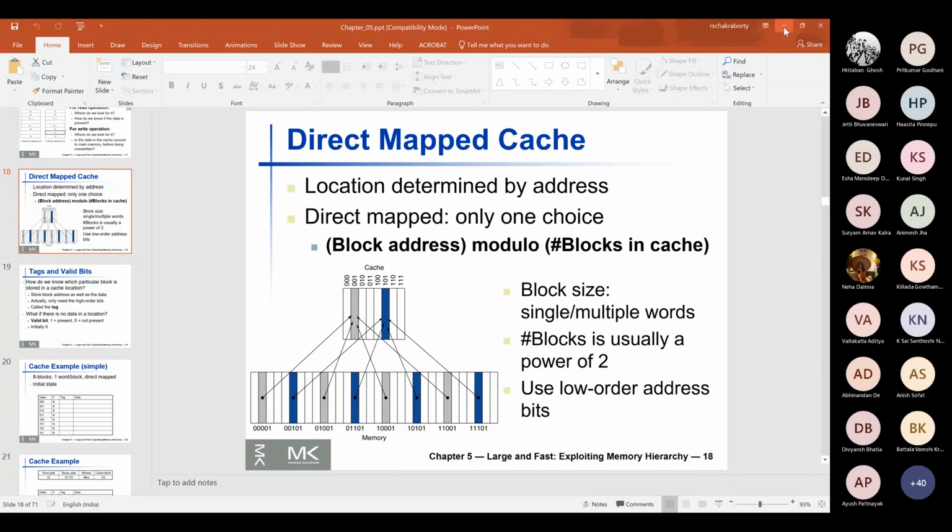We will continue with virtual memory, which is the next level of the memory hierarchy, which will show the interaction between the main memory and your hard disk. Till now, we have considered a memory hierarchy where we were considering the interaction between the CPU cache and main memory. Now we will go further and extend the similar concept to main memory and your hard disk. Thank you very much.